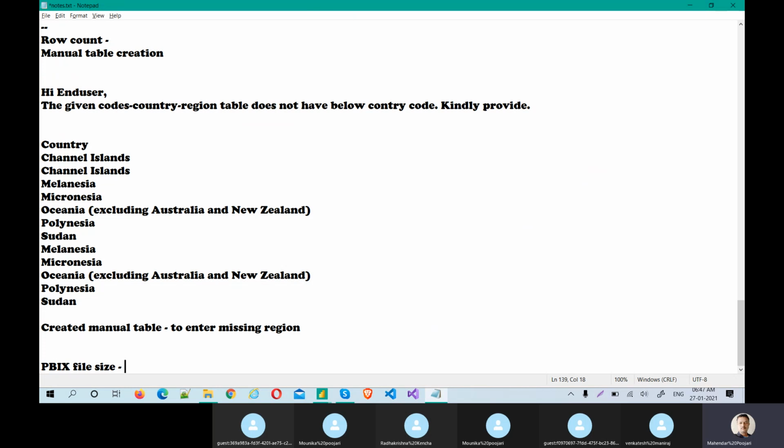That is basically defined based on the file size. So you should be very careful. An interviewer might ask you what the limitations are in terms of PBIX file size, so you should have an answer for that. We will talk about that later.